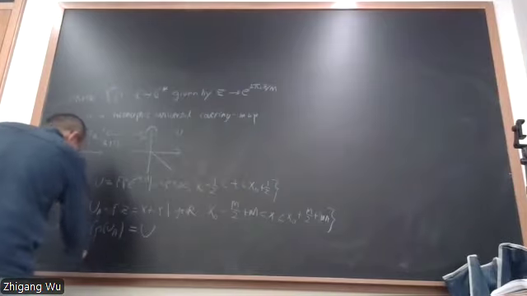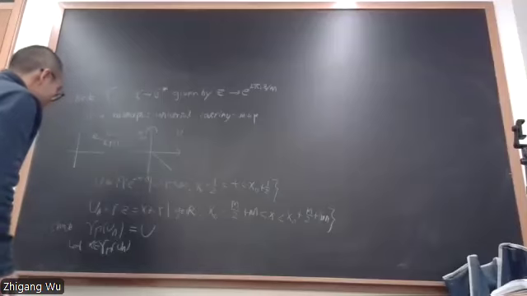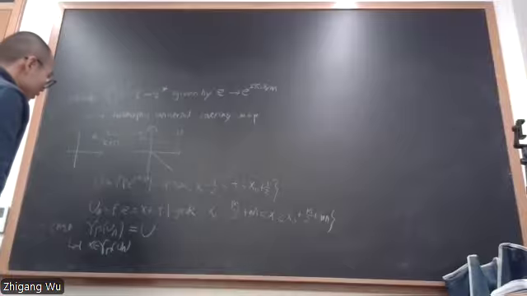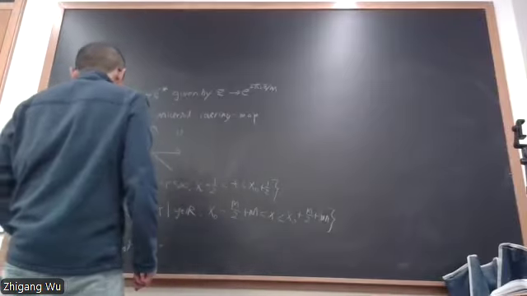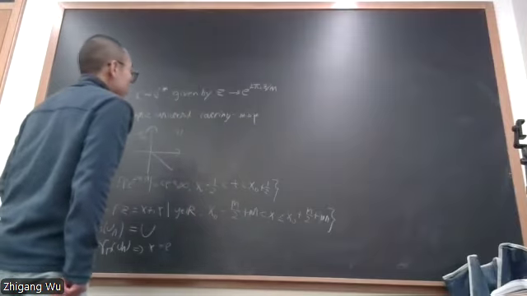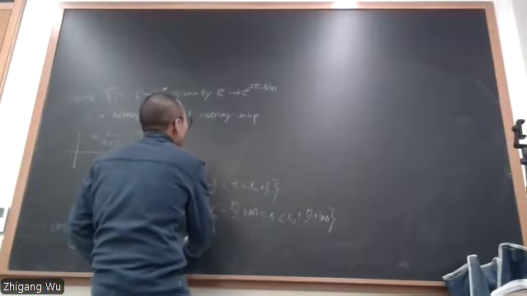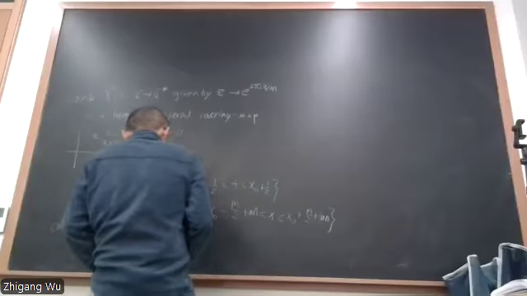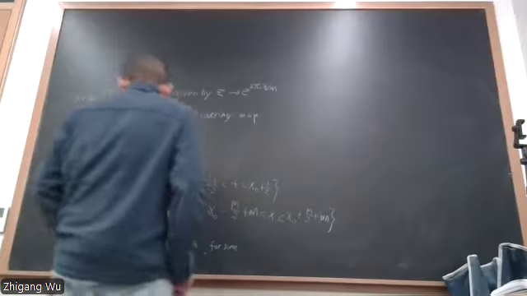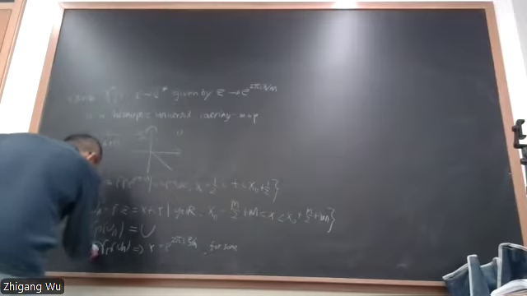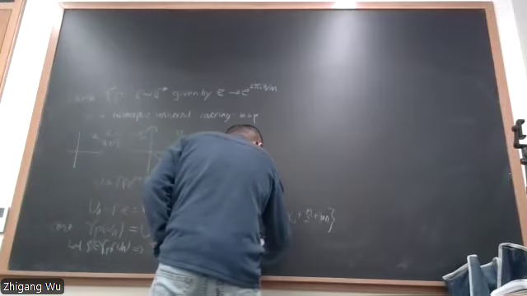So if you take gamma of this U n, then this implies that x is equal to e to the 2 pi i z over n for some, maybe I will use the letter theta, for some z which is equal to x plus i y,